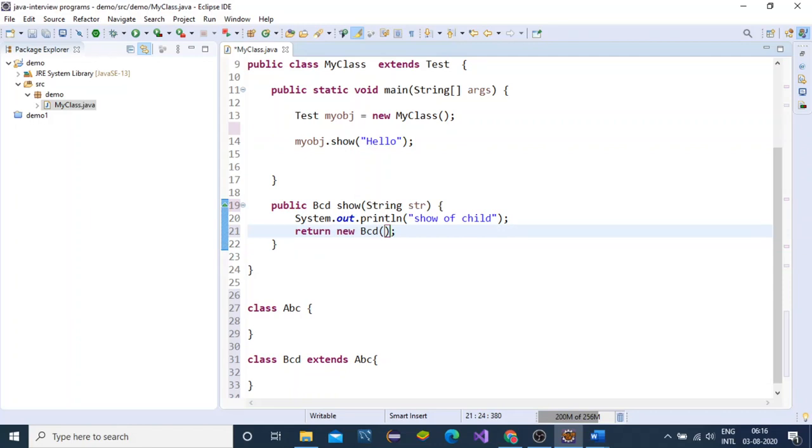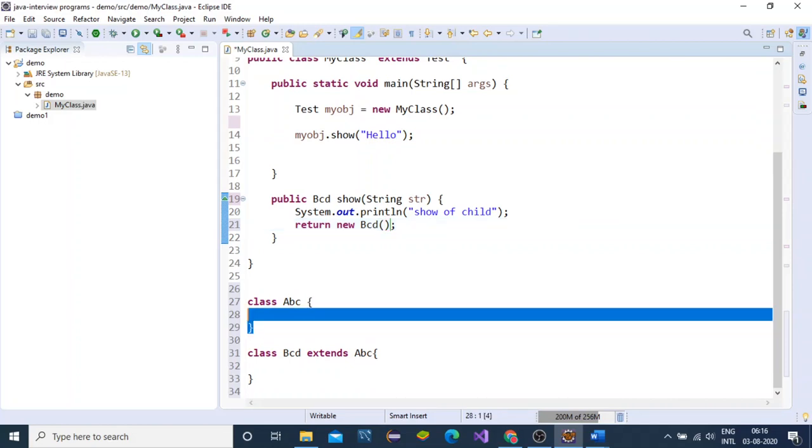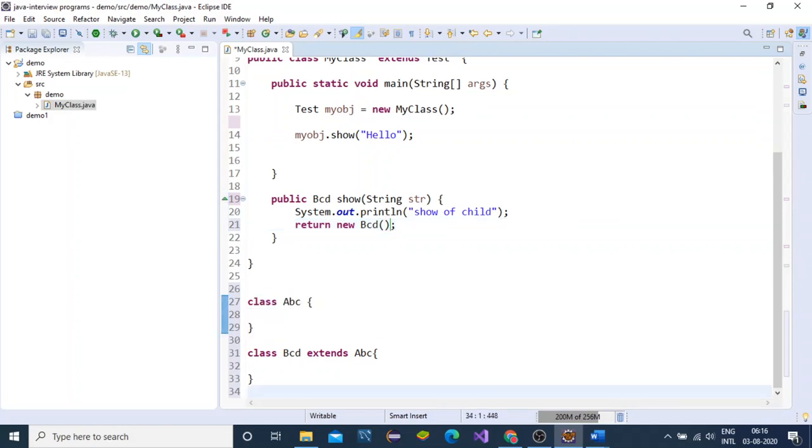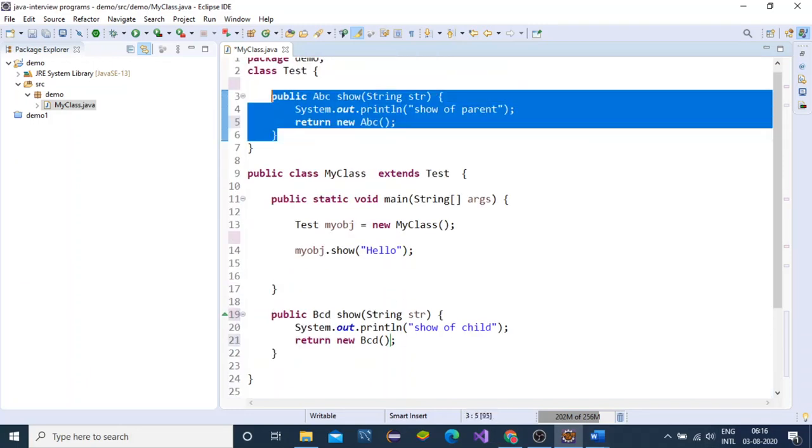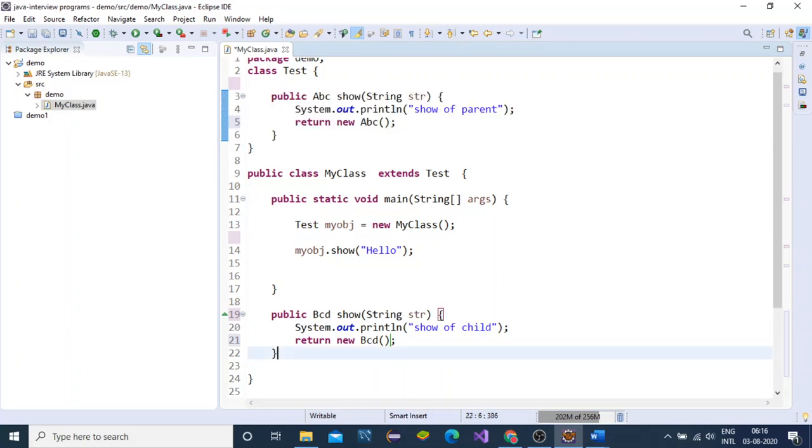So focus on the concept only. We have a parent class ABC and a child class BCD. The parent class method has a return type of parent type and the child class method a return type of child type. It will work fine, there is no problem.